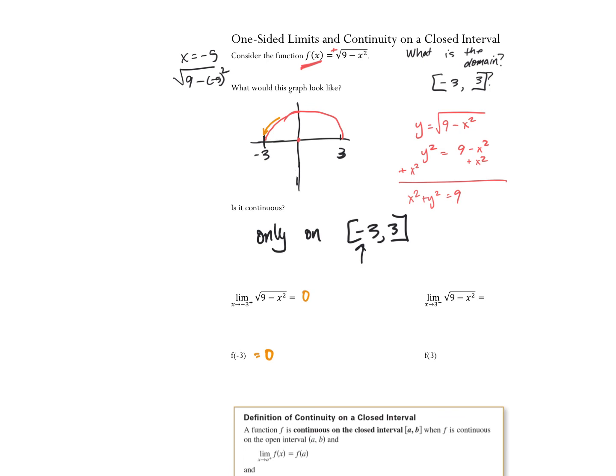Okay? What about the limit as x approaches +3 from the left? Do we see that the upper side of that boundary we approach from the left, because that's where the function approaches an upper boundary? Okay? So as we approach it from the left, f is equal to 0, and f of +3 is in fact 0. So we can say this function is continuous just on this closed interval